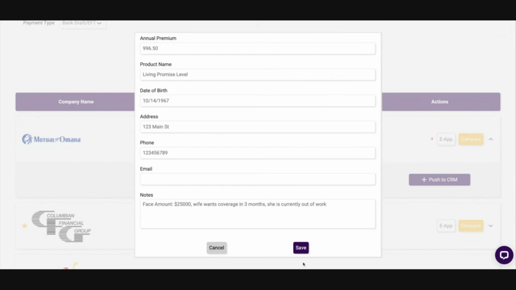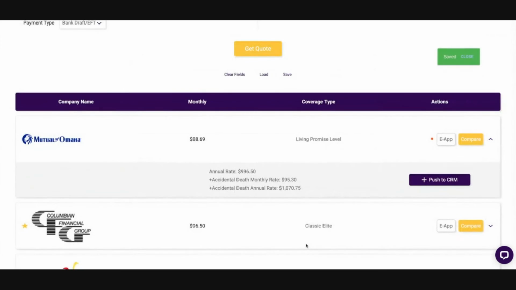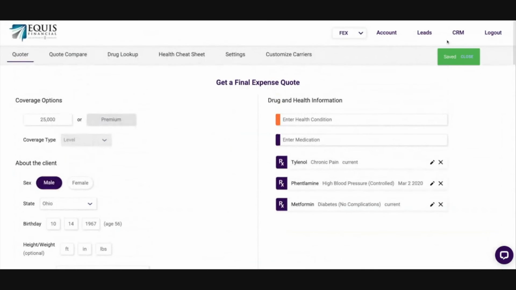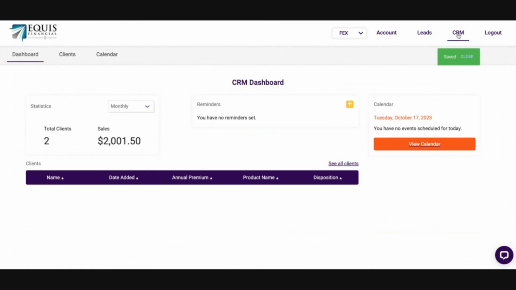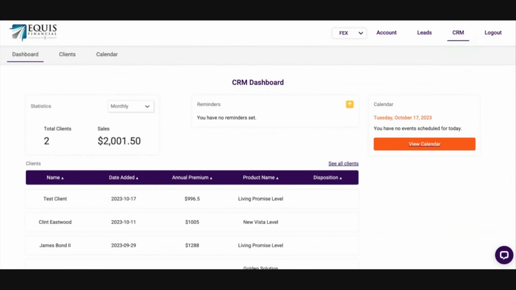Little things like that. So now when I click save, we'll hop up here to the CRM very briefly. I'll click on CRM, and the CRM is a customer relationship management system, and ours is fully HIPAA compliant. As of October of 2023, we are working on revamping this, so there will be an update to come. But for the time being, again, as of October of 2023, this is the current CRM within the Insurance Toolkits